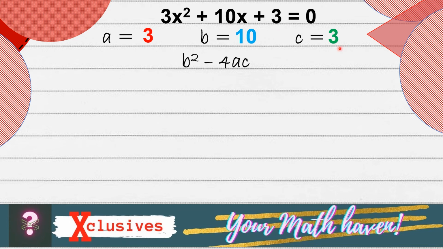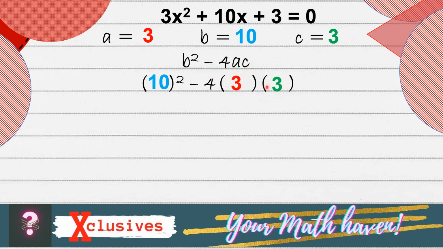Now let us use the discriminant formula. Let us substitute the values of a, b, and c. By substituting, b squared will become 10 squared minus 4 times a, so a will become 3, and our c